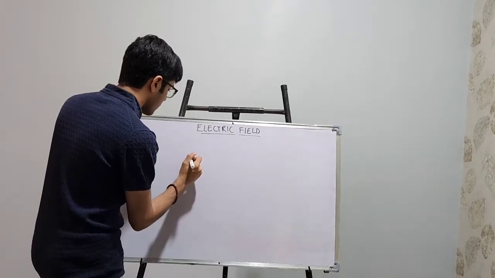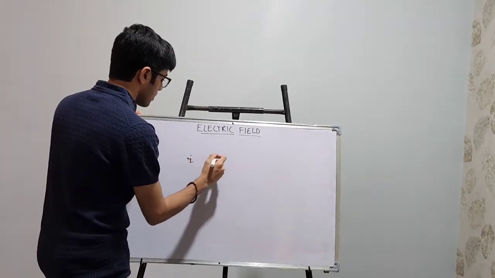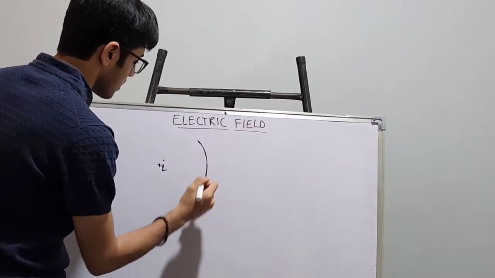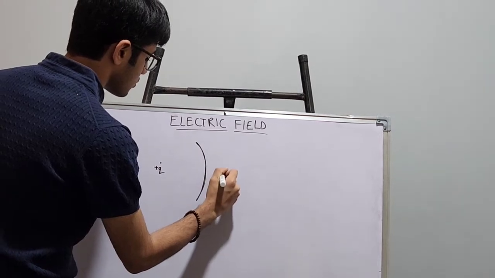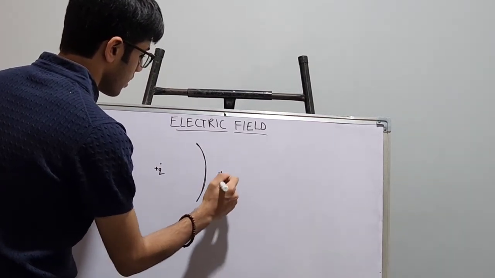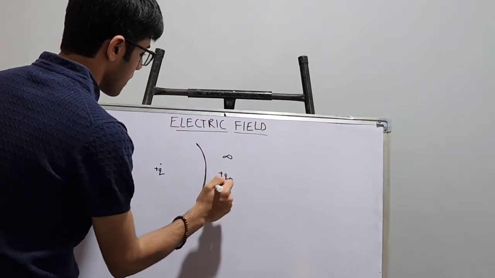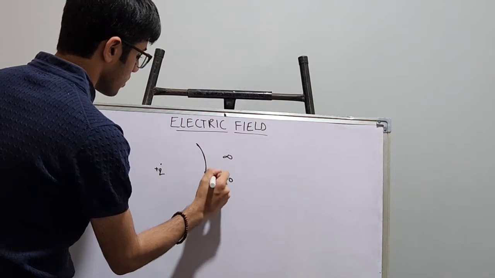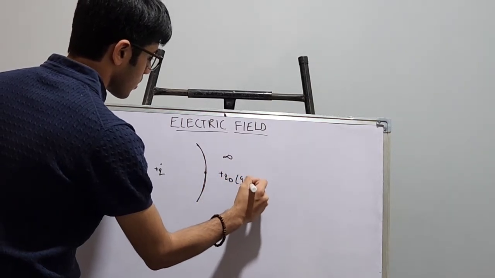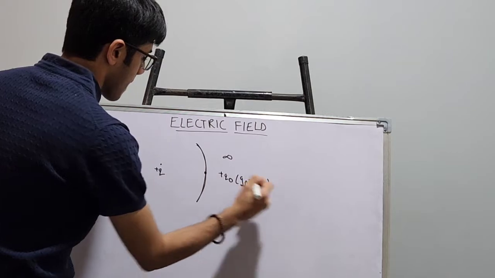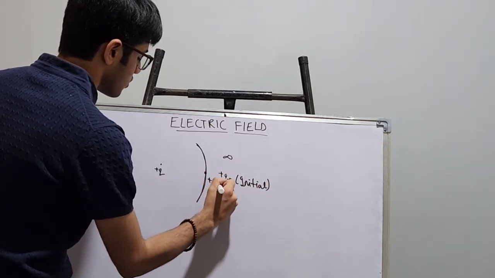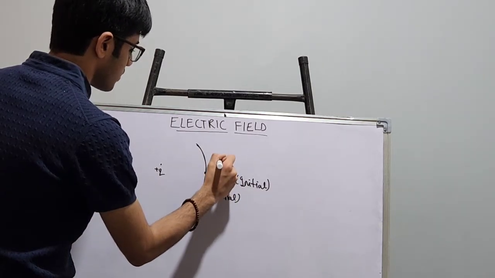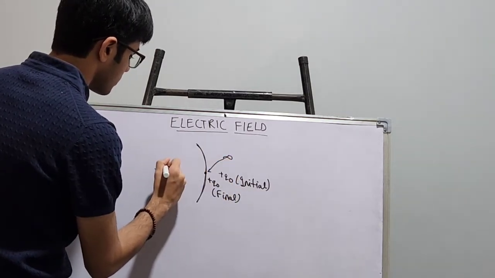Let us say we have a point charge plus Q here, and let's say it makes a field like this. Let's say we take another charge plus Q naught here, and this charge is initially at infinity, and then we take this charge and we put it over here. So this is the initial position, and this is the final position of this charge. So we have taken this charge from infinity and put it over here, and the distance between these two point